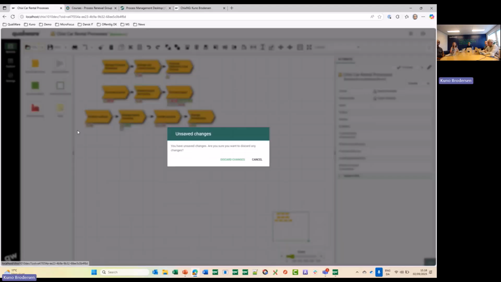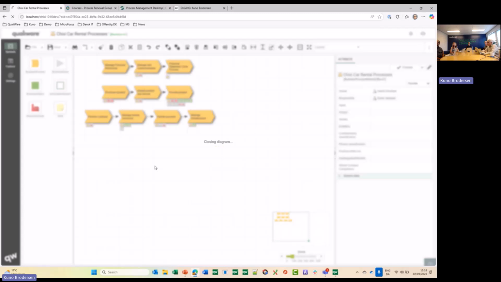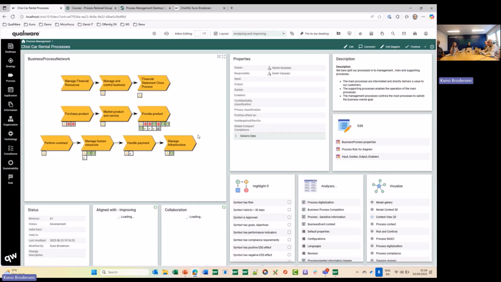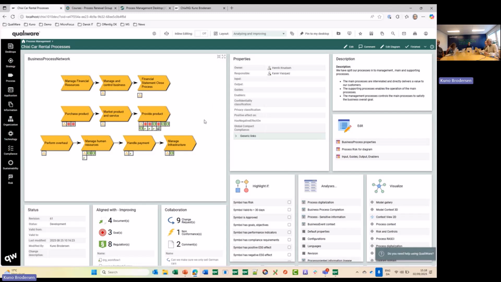Okay. Exit out of this. What else did we build? We built some visualization capabilities that are important when you have a big architecture, in this case, a process architecture. Of course, a lot of the visualization capabilities you've seen already, but there are certain visualization capabilities that relate to other types of objects. So, for example, let's open another